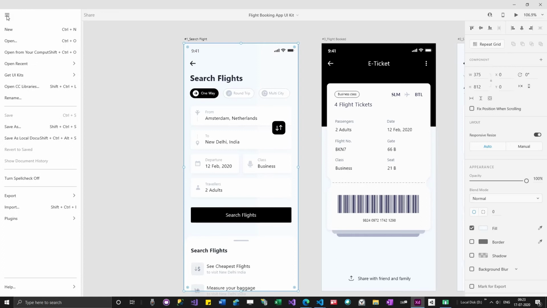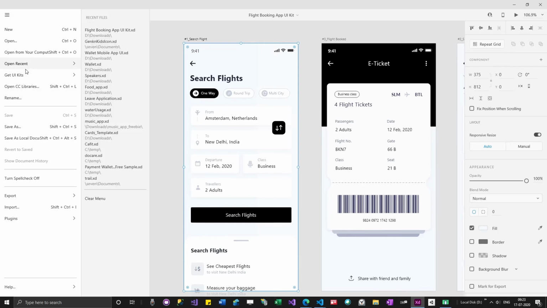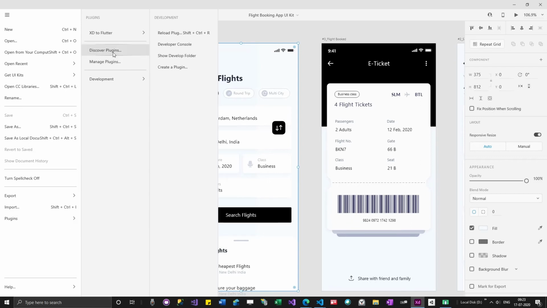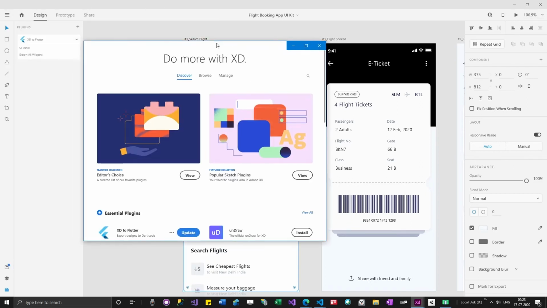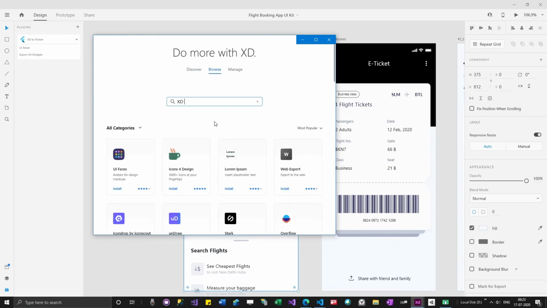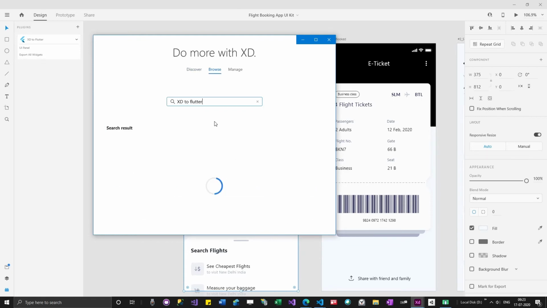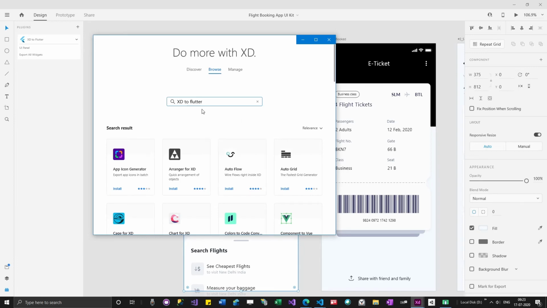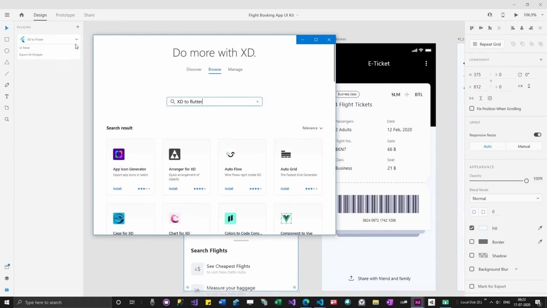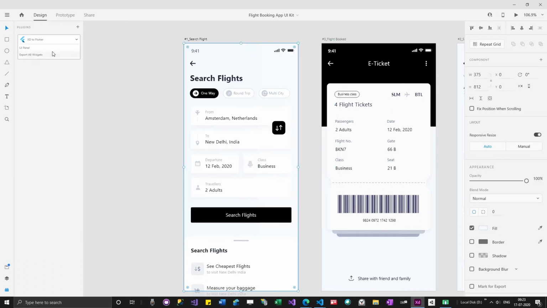You can go to the menu and find out how to install plugins: plugins, discover plugins, and then you can download something like XD to Flutter. This plugin is still in alpha phase, guys. Because I have already installed it, it didn't show, but it will show. You have to install the right plugin because there might be plugins with duplicate names also.